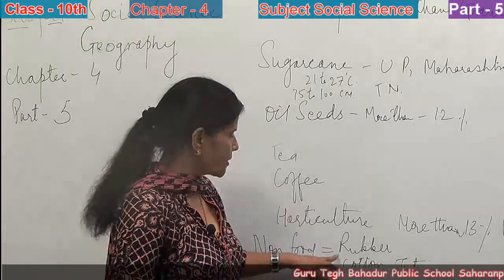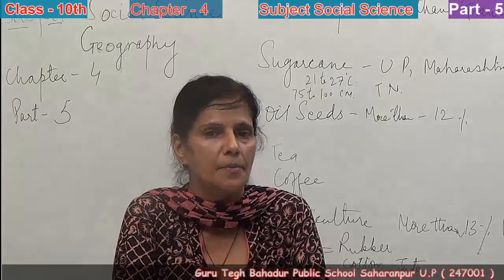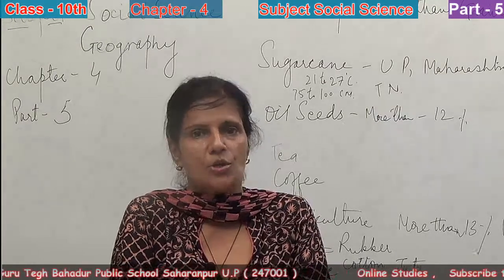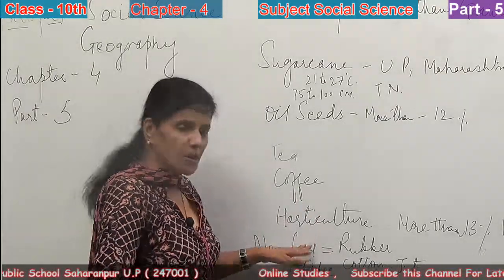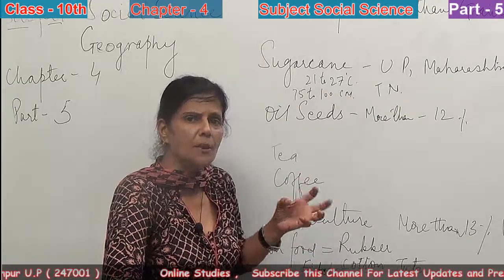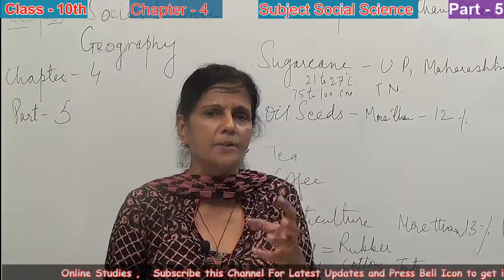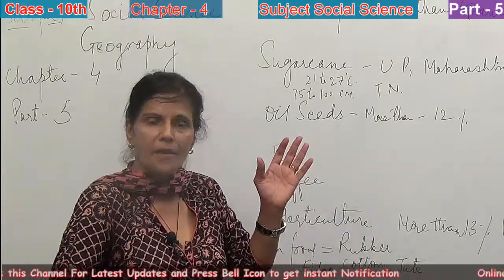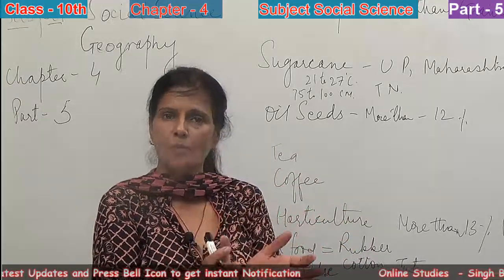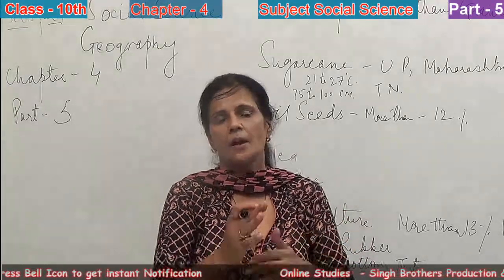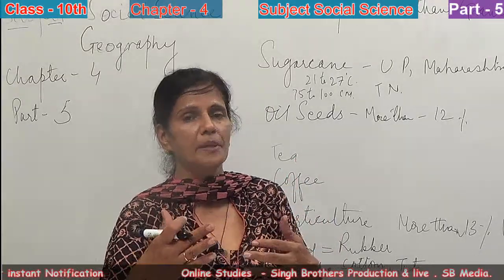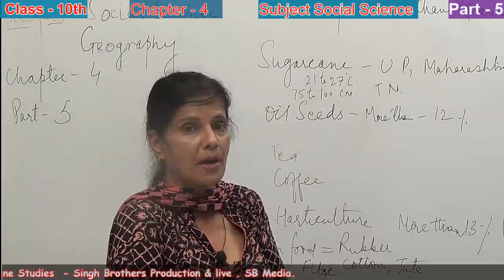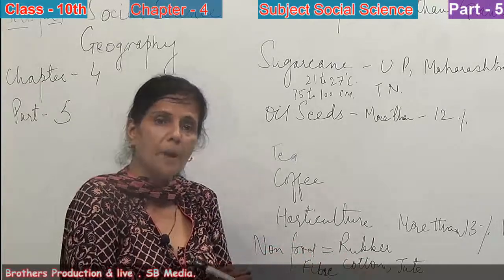First of all, we will talk of rubber, and we are talking of natural rubber. Rubber plants grow very well in equatorial climate. Whatever juicy plants we have, they need tropical and subtropical climate, hot and humid climate. You must have seen the production of rubber. Rubber trees are there, and the latex is collected from the stem of the tree, and the hotter and more humid the climate, the better the production of latex. So it is a medium for producing natural rubber.